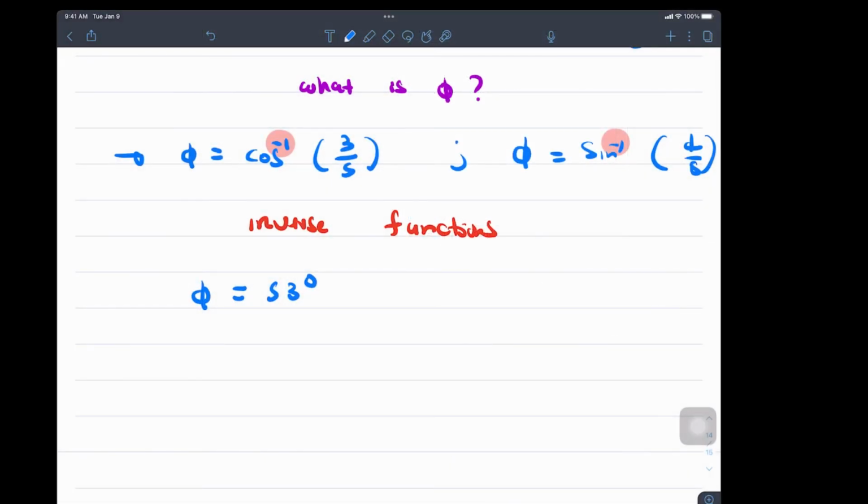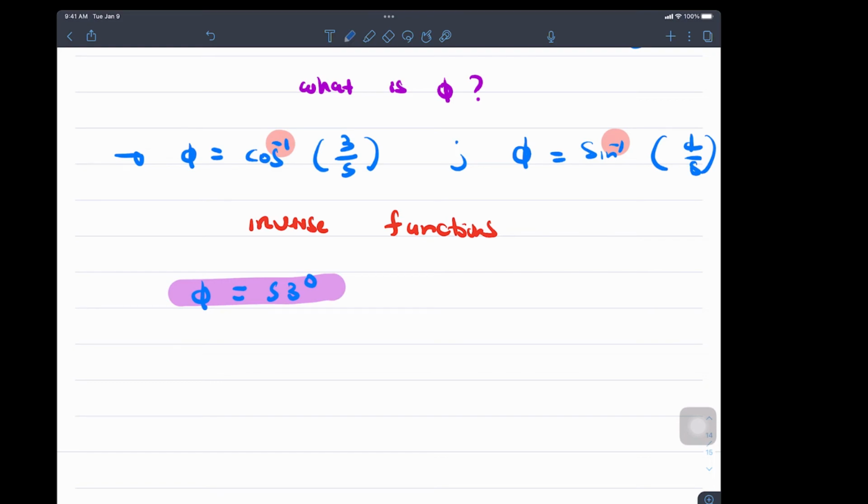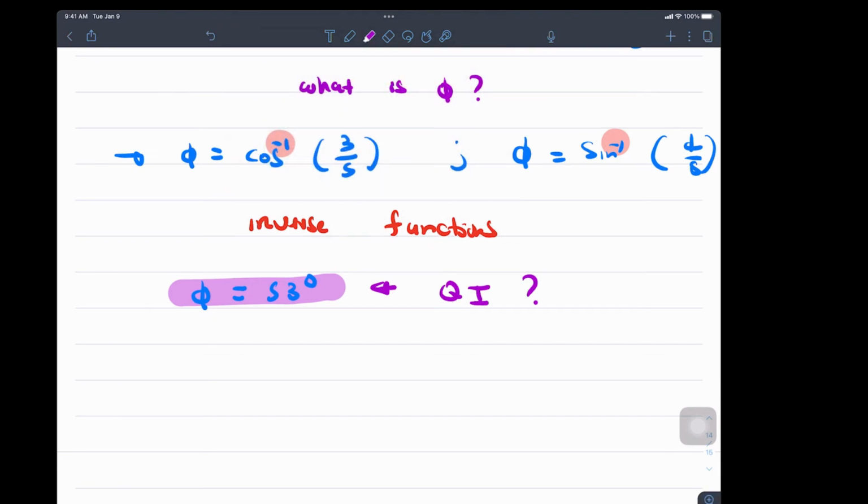Okay, so here's what I want to ask you guys. Since you know this is in quadrant 1, what's the deal? This is quadrant 1. That's the angle. I don't have to check sine because if they're both positive, they're in quadrant 1, and 53 degrees is in quadrant 1. So, ladies and gentlemen, final answer is going to be